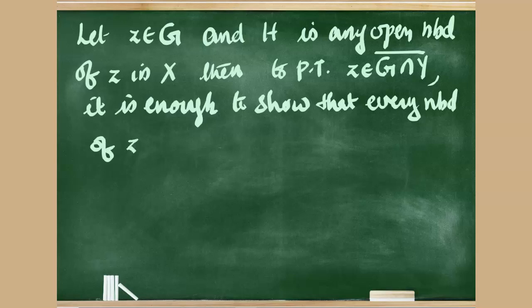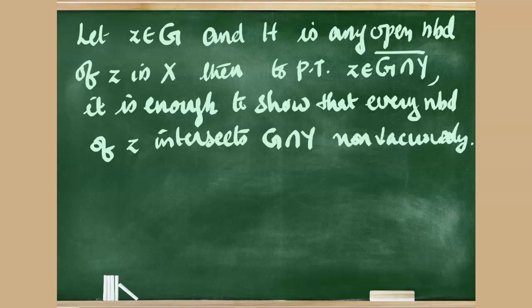of z intersects G intersection Y non-vacuously. That is, it is enough to prove that this arbitrary neighborhood H intersects G intersection Y non-vacuously. Then